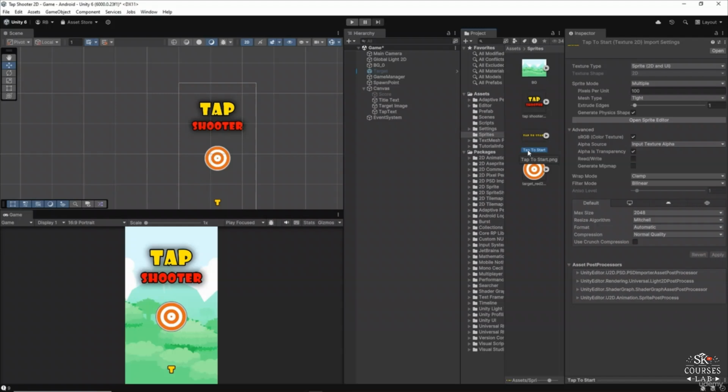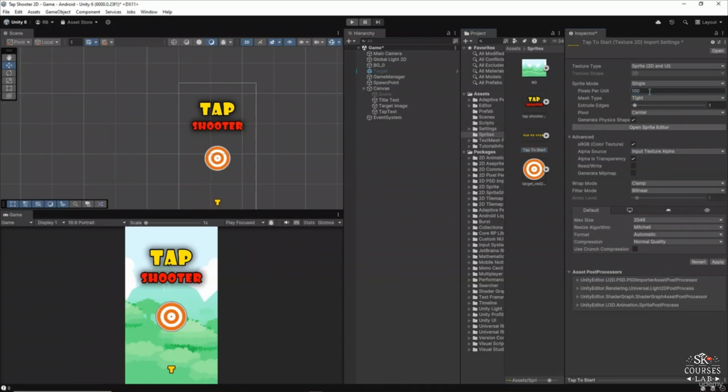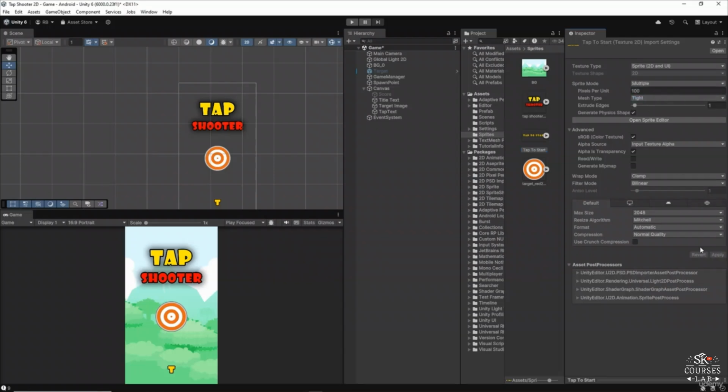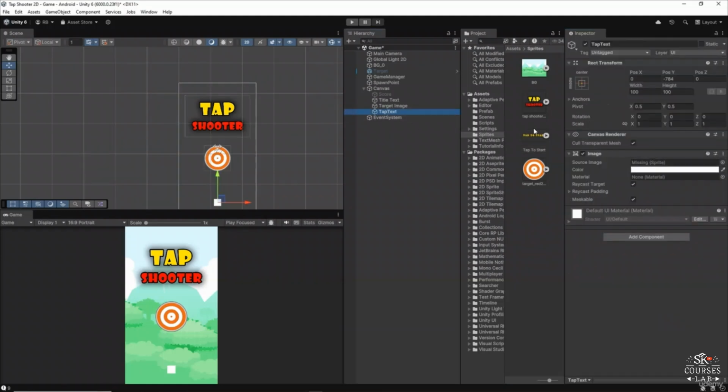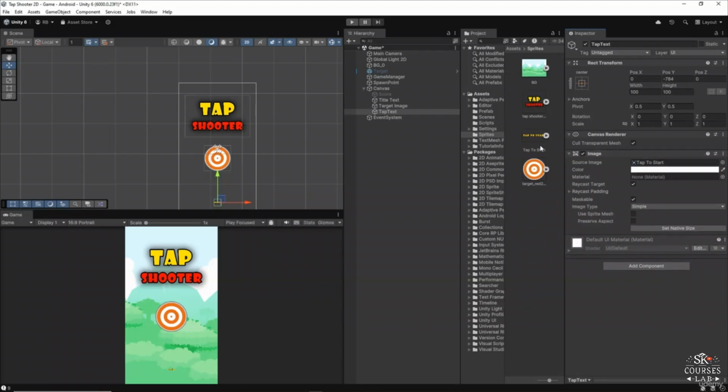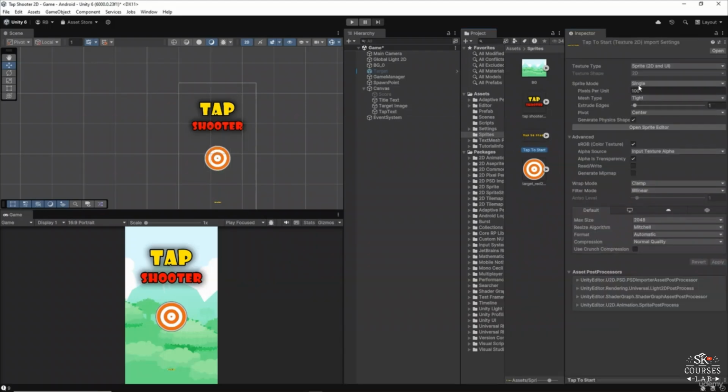So what's the problem? The problem is that the image has been imported as sprite mode single probably or multiple. So if you have this in multiple, you can simply click on this single. If you have this single, click on this multiple and then click on apply. Let's try to select the single mode and then click on apply. And now as you can see, the tap text is gone. Let me go ahead and drag it one more time. And as you can see, now it looks pretty good. Okay, so by default, probably it will be imported as multiple. If that doesn't work, simply select the text from the sprites folder and change the sprite mode to single and